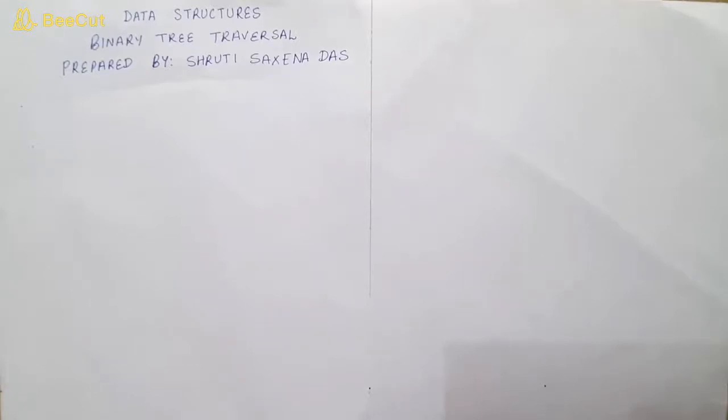In the previous video we have already discussed what a binary tree is. A binary tree is a tree in which you can have at most two children. You can have 0, one child, or two children. These are the only cases in a binary tree. Today we are going to see how you can traverse all the nodes in a binary tree. Traversal means how you can visit all the nodes of the tree.